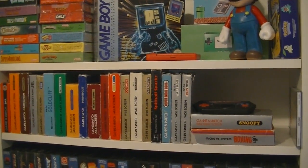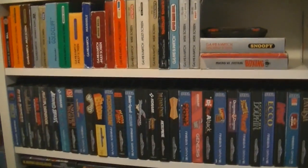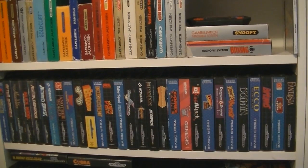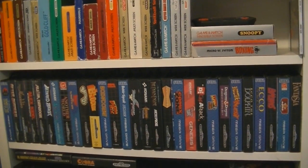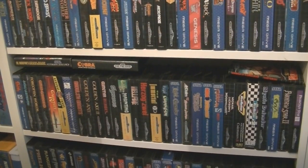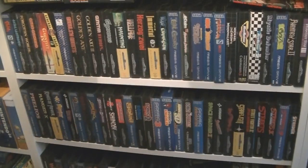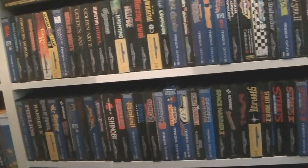Then some Game & Watches, and these can be incredibly hard to find complete in box, and I'm quite happy with the ones I have at the moment. Then we get to the Sega Mega Drive, which is the first console I collect for in Sega Land. I don't collect for the Master System or the Game Gear. And I have some Genesis games in here as well, especially ones that didn't get released in European Mega Drive